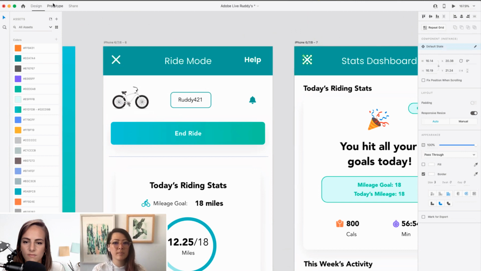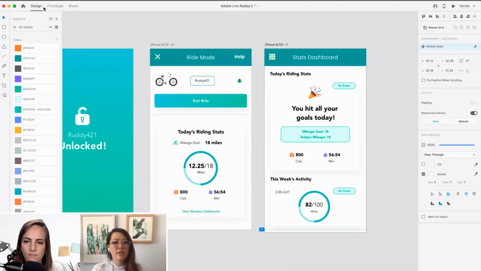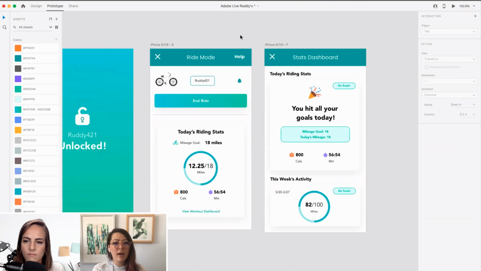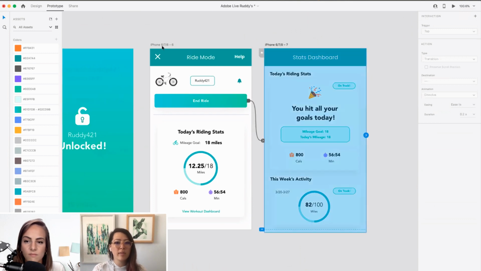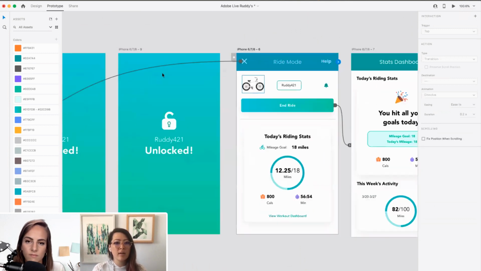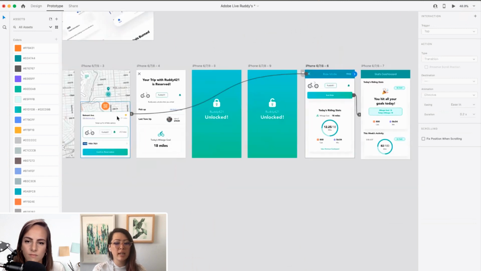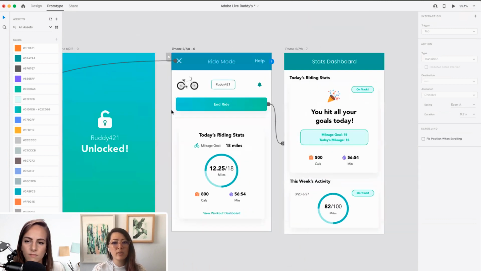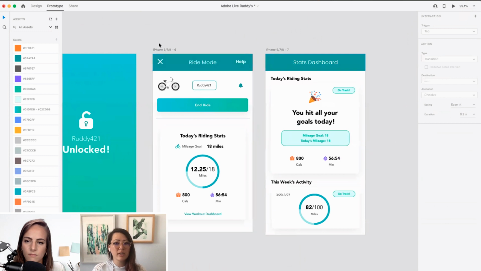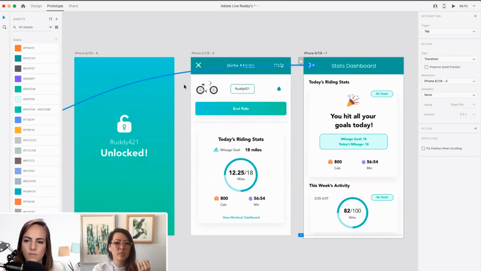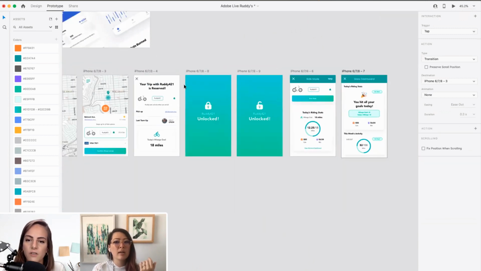Oh, yeah. So if I want this X on this screen to prototype to the screen here, but I also want the X on this screen to prototype the same way, I just need to copy it in prototype mode, go into here and paste it. And it's already copied the same interaction as well. Oh, it copies the interaction too. Nice. I found that really helpful later down the road.